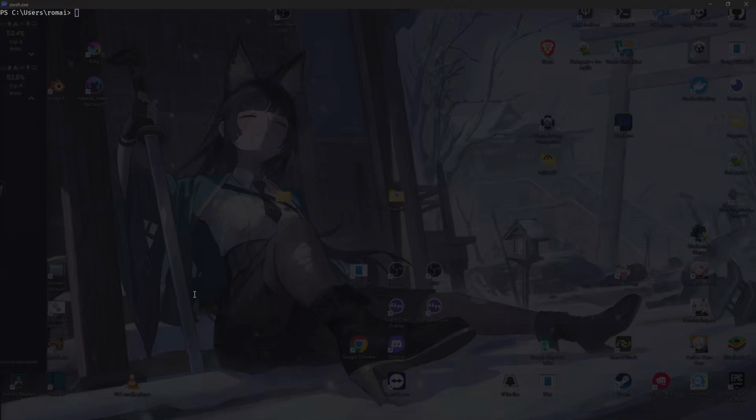Okay, so to start I will just give some brief examples using just the CLI in general. So you can see I just started a console and I'm on my C user and then the name of my user. If you want to change